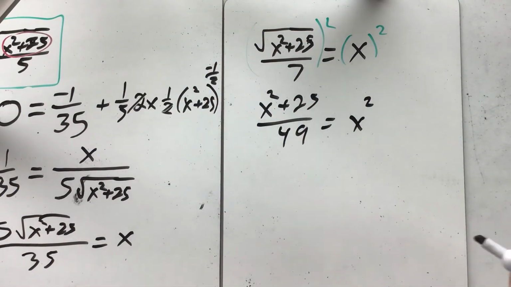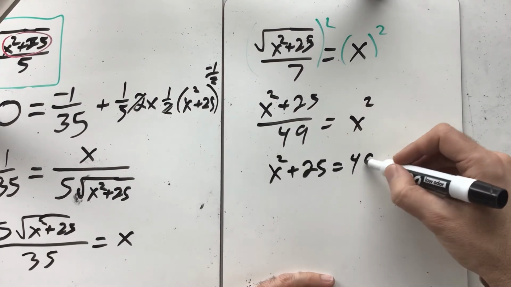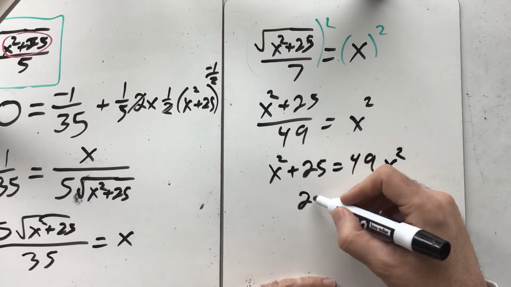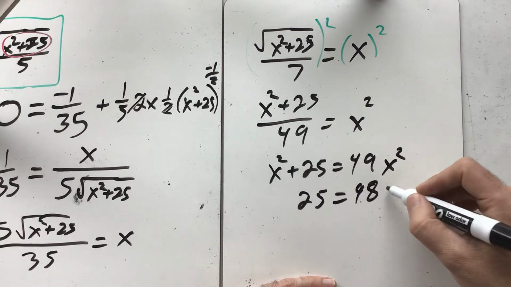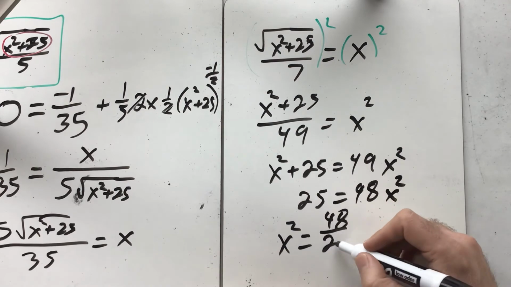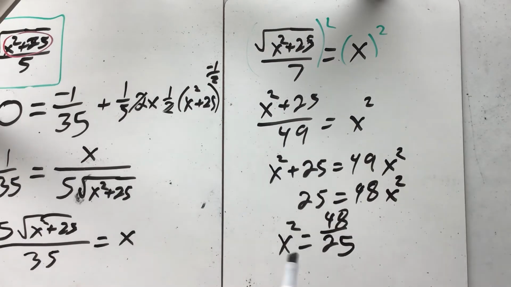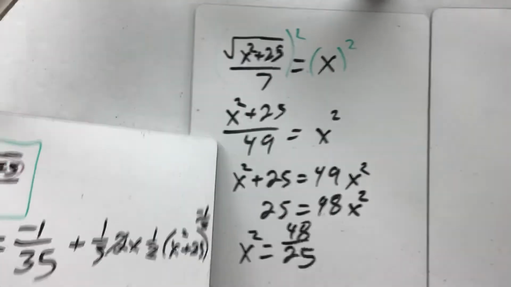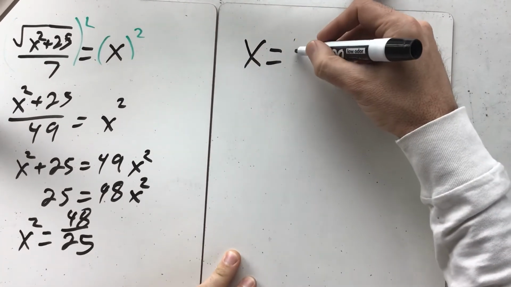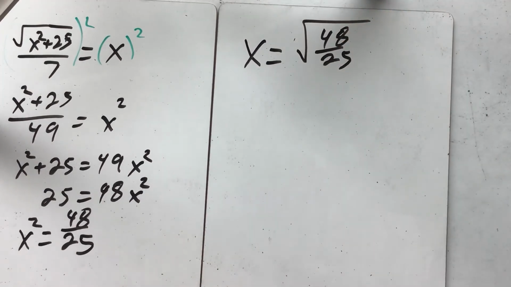Okay, now I'm getting close. Let's multiply our 49 over. x squared plus 25 equals 49x squared. And now let's subtract an x squared. 25 equals 48 x squared. x squared is 25 divided by 48. And now I'm able to find my final answer, which is x is equal to the square root of 25 over 48. And if I want to put that in my calculator,